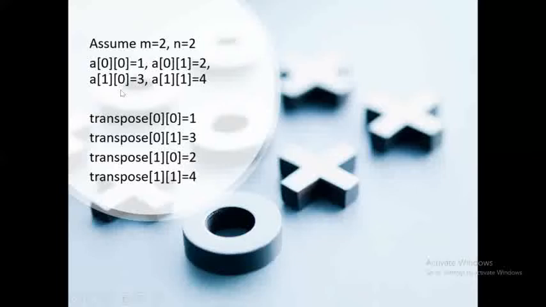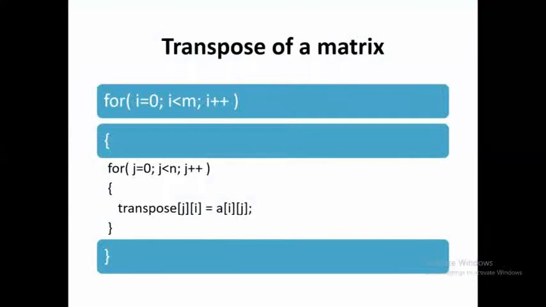One matrix is enough for performing the transpose operation, right? So what is the resultant matrix? What I want: 1 2 3 4, this is the matrix, right? Resultant matrix is what? It's going to be transposed. Okay, 1 remains as it is, but in place of 2 what value should come? That is 3. So 1 3, next 2 4. Okay, 1 3 2 4, that is the result I required. For that I am going to write this code.